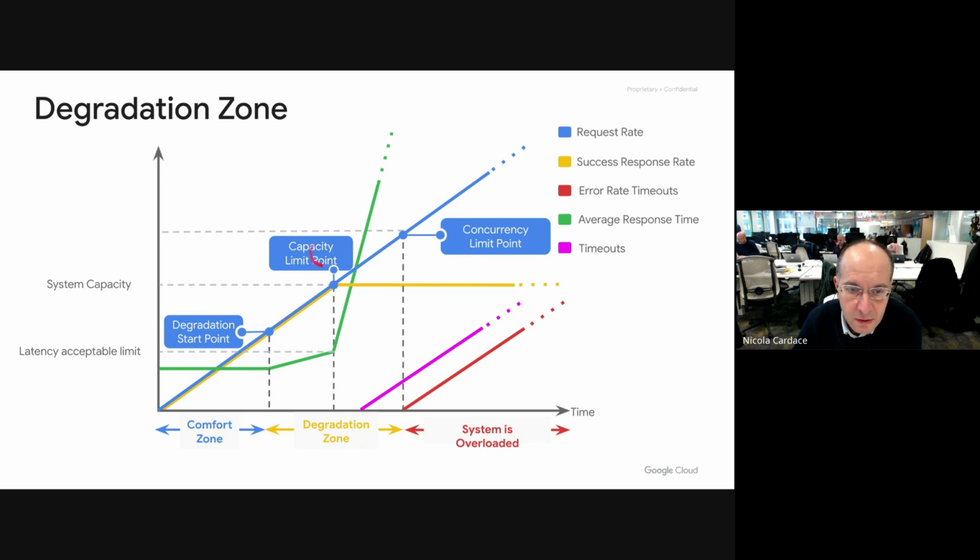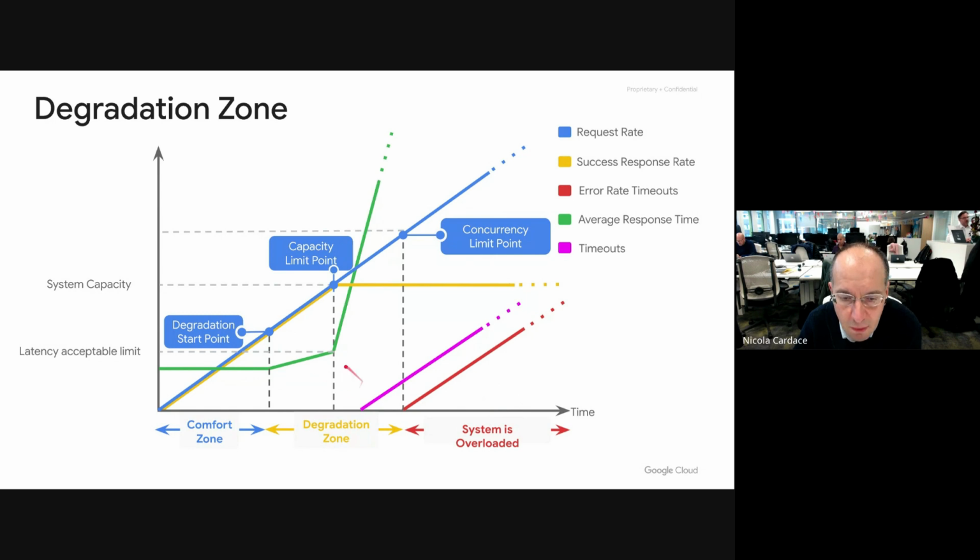Basically, before getting to the capacity limit point that you saw before, we start defining what we call degradation. Degradation does not always need to be sudden. There may be behavior flying below the radar. So timeouts appear later, the errors appear later, but there will always be a point where we move from acceptable degradation, in and around the limit point, to a point in which you totally break concurrency. Because then you start getting errors, and obviously you don't want to operate your system in the overload zone.